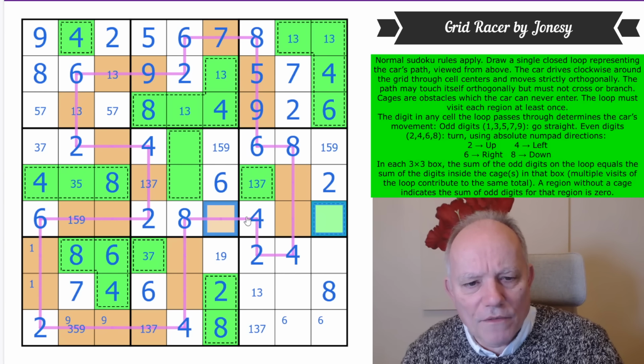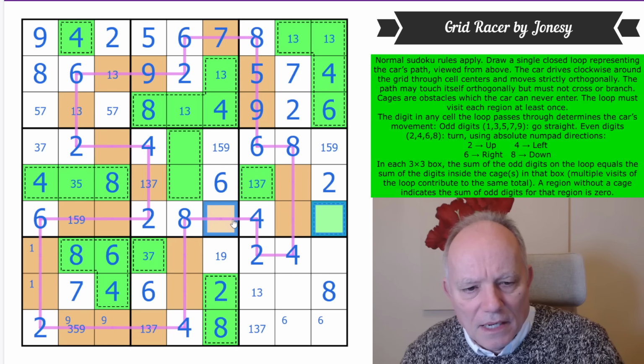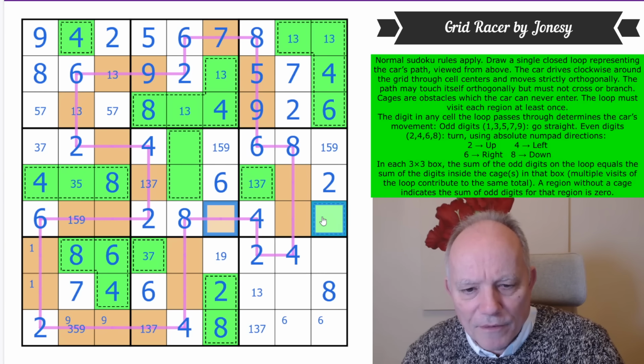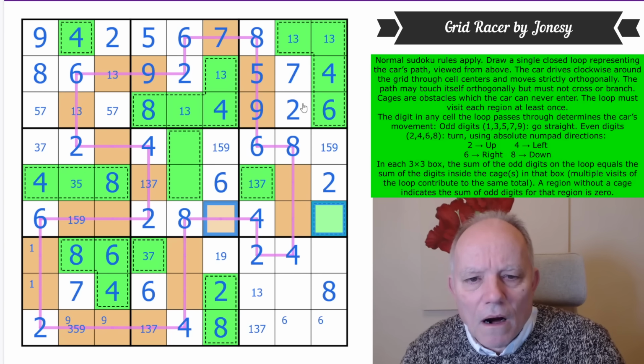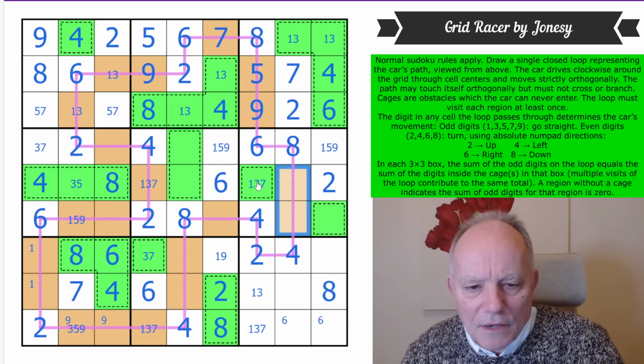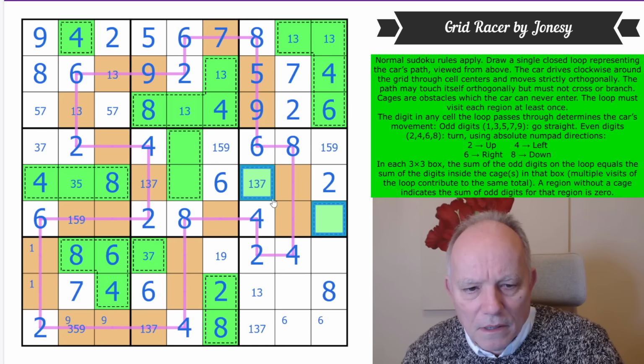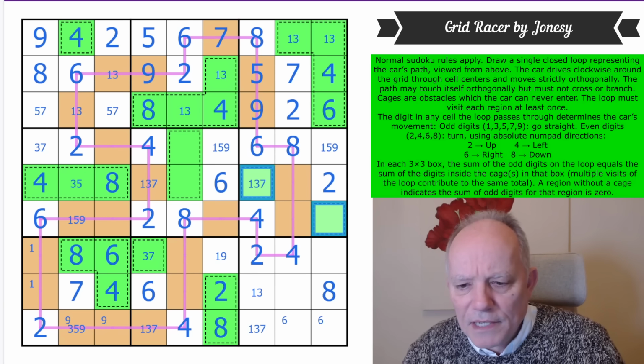Can I say one of these, whichever one is 1 or 3, is going to take a 7 in its box a knight's move away? 7 doesn't go in those cells, so 7 is in one of these two in this box, because that's not a candidate for there. So 7 is in green,